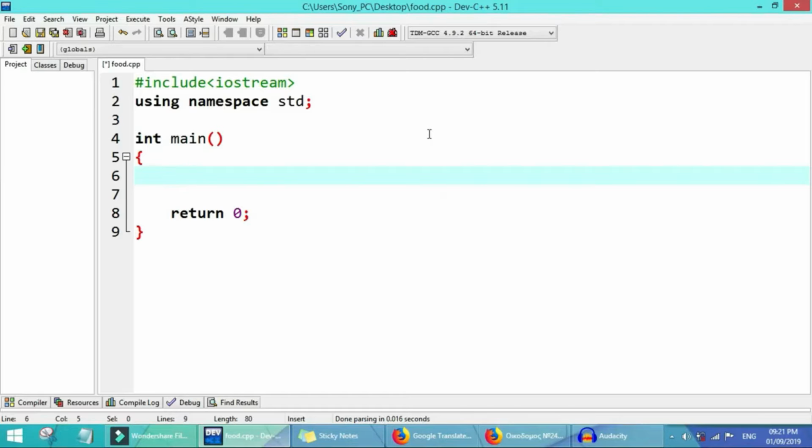So quickly we go write our title. Maybe our title go be Nigeria soup menu. So we want construct list of menu for Nigerian soup. So we say cout Nigerian soup menu.